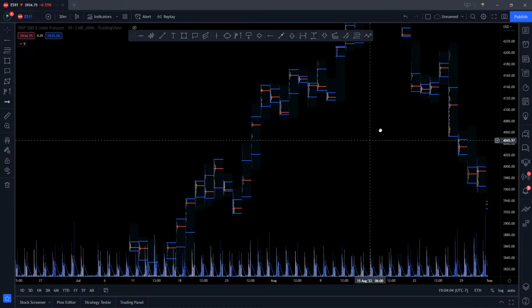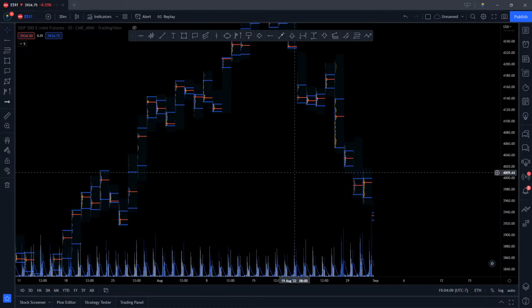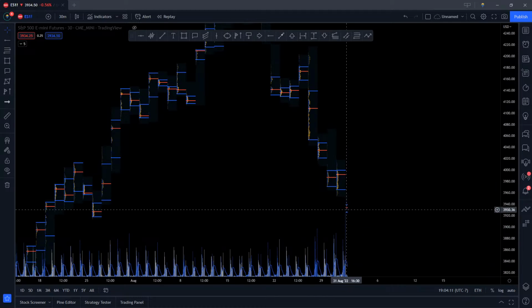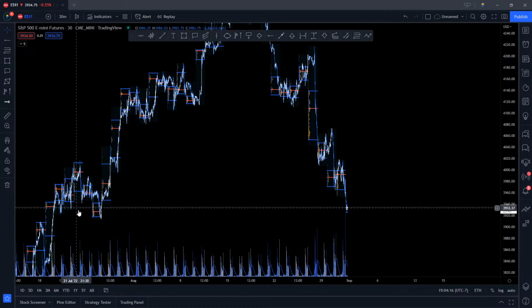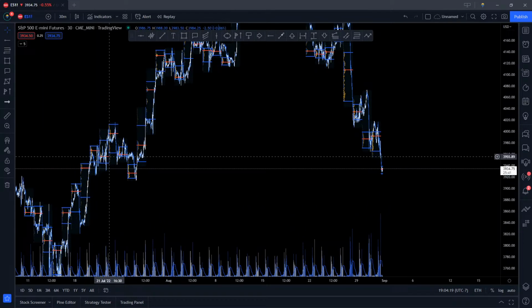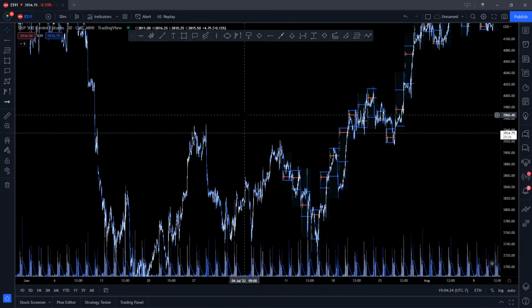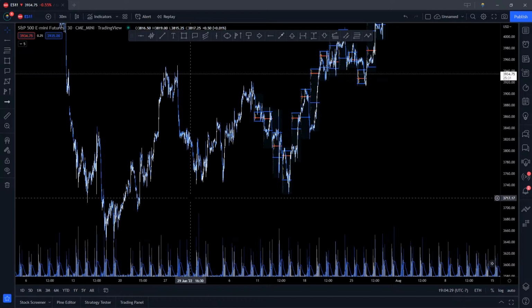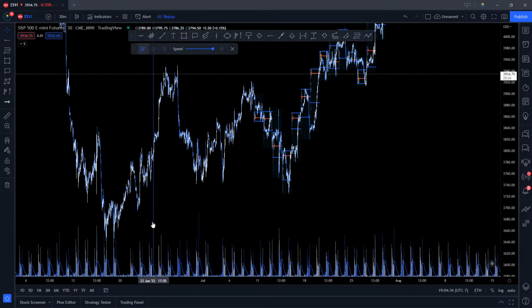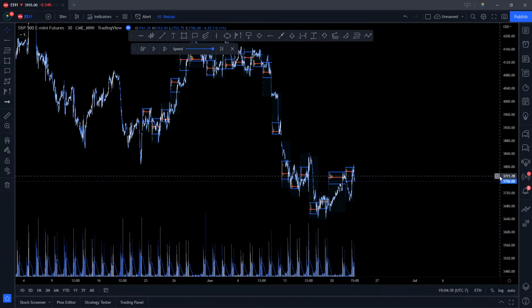But you won't be able to go back much further than that. A little trick that I do. So let's say I don't have any VPOCs below here because this area doesn't have volume profiles, because it's too far back. If I wanted to get some VPOCs from this range here, I would have to go back to this time frame. So you just hit the replay feature and then click on a candle, and then there's your POCs,